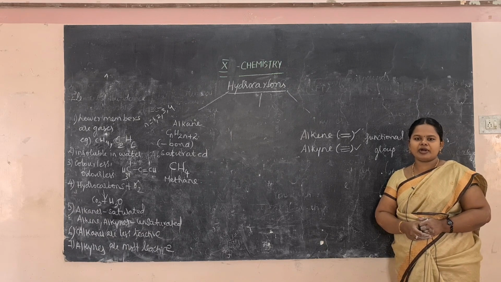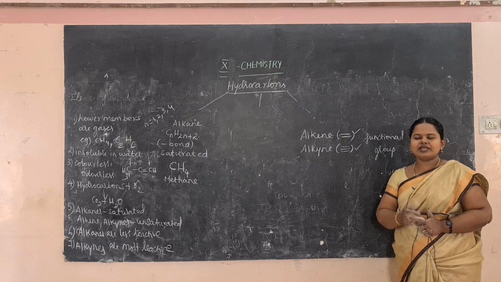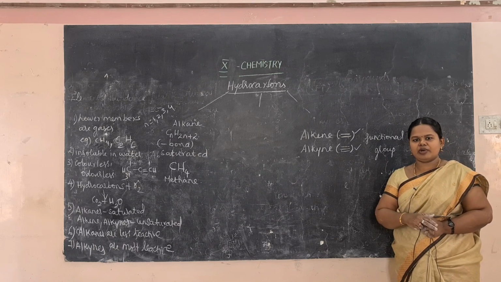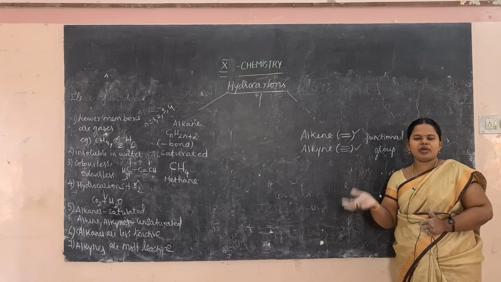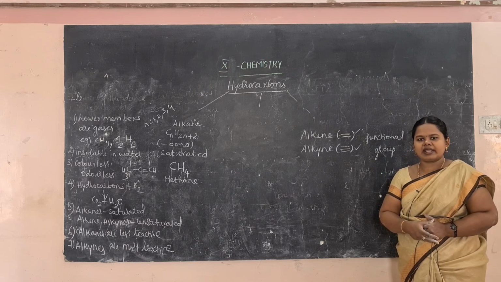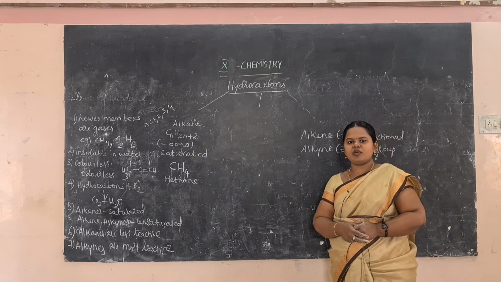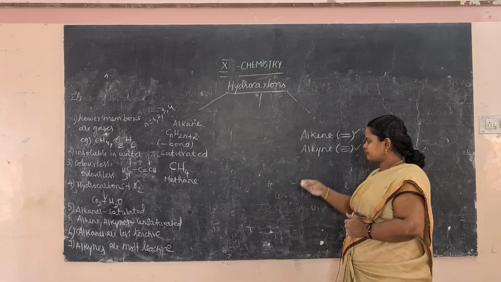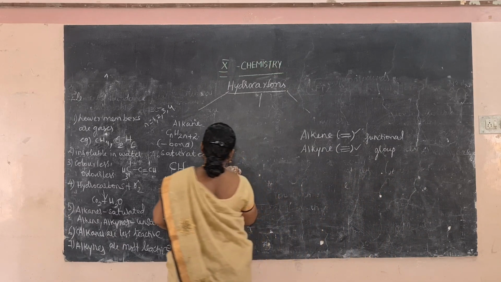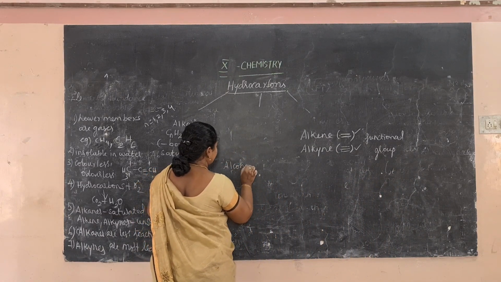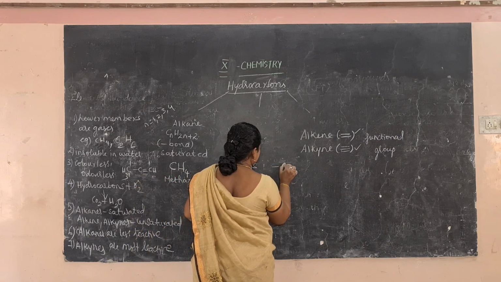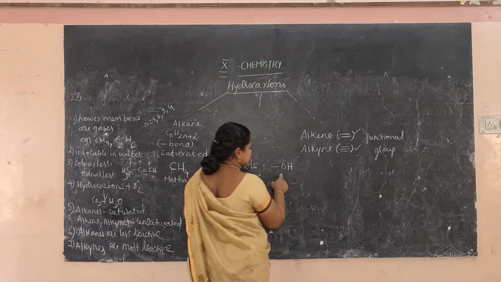When you have only carbon and hydrogen, the hydrocarbon itself is least reactive. But if you replace one hydrogen of a hydrocarbon by another group or another atom, that will increase the reactivity and decide the chemical property of the compound. That is known as a functional group. We have different functional groups, for example alcohol, where the group that replaces the hydrogen is OH.